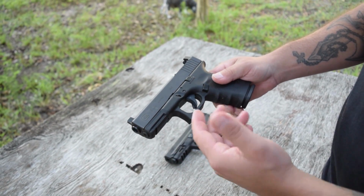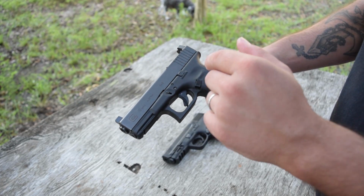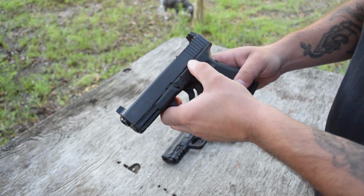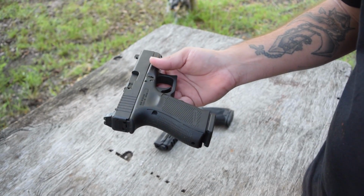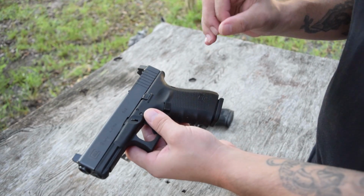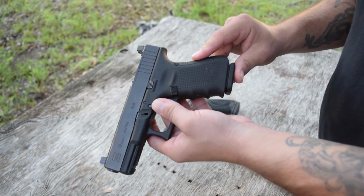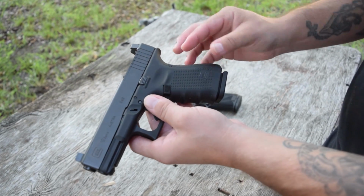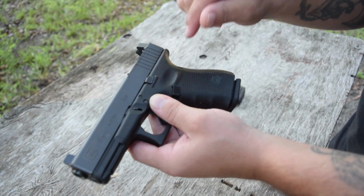On the Gen 4 though, it does come with 3 magazines, oversized magazine release. You do have your slide stop only on the left hand side of the gun, but the magazine release is reversible on the Gen 4, which is great. We talked about the magazines. If you want to change out the back strap, basically what you're going to be doing is just adding to this configuration. You'll punch that little pin out, you'll slide the new one into the channel and put your pin